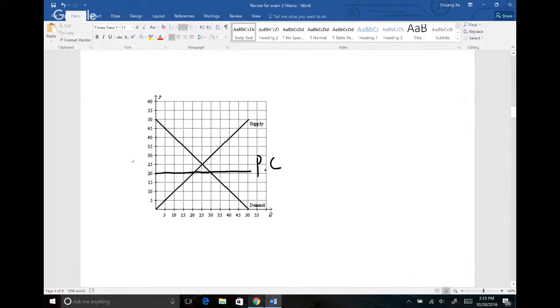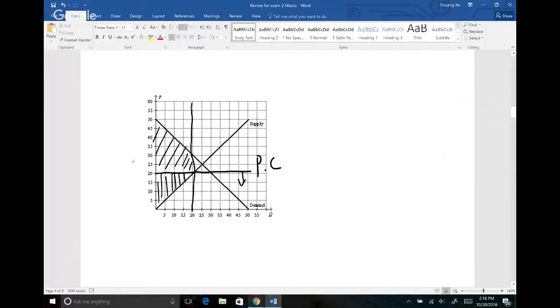Now at this price, let's do producer first. Producer surplus is below the price line, above the supply curve. So this triangle is your producer surplus. Consumer surplus is below the demand curve, above the price line. But be careful, we're not going all the way to 35 or 25 quantity. For your consumer surplus, we're going to stop at a quantity of 20. So this area